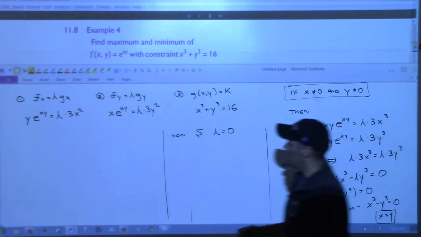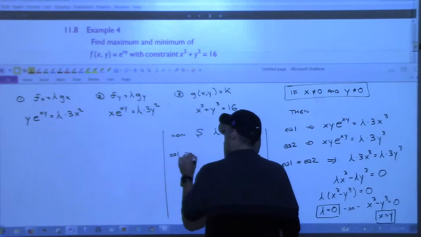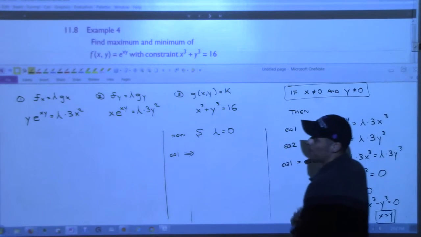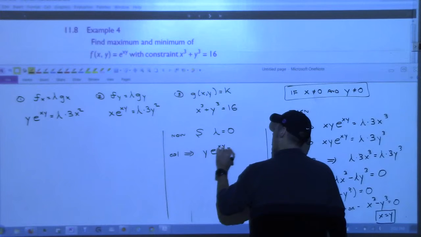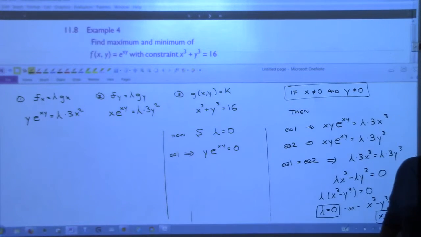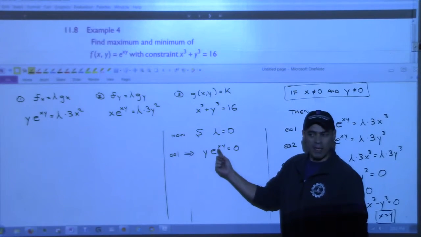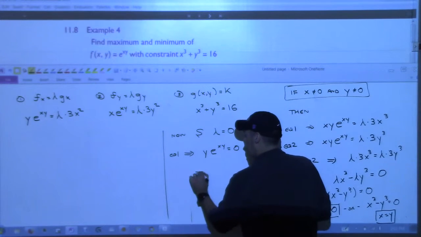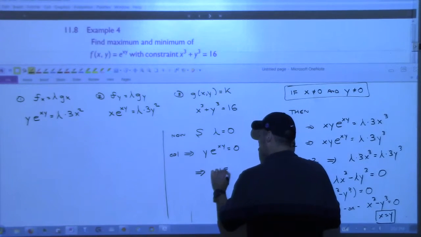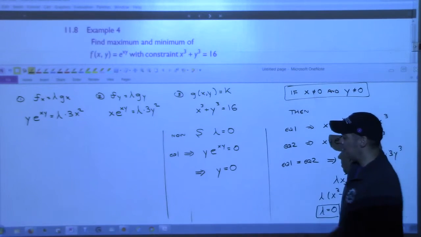So take a look at the first equation. We're going to run into a pretty big problem right now. Equation 1. If lambda is 0, what does equation 1 become? Y e to the xy must be 0. And what does that force us to say? Y is 0, right? Because e to the xy can never be 0. E to anything can never be 0. So this would force y to be 0, right? Wouldn't it? And this gives us